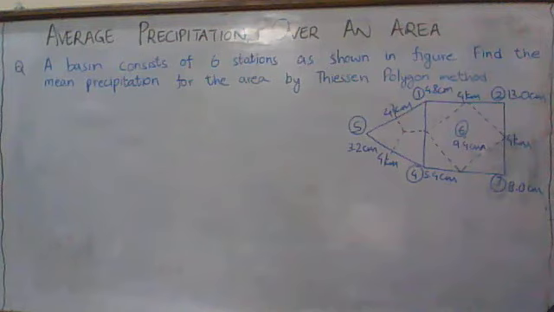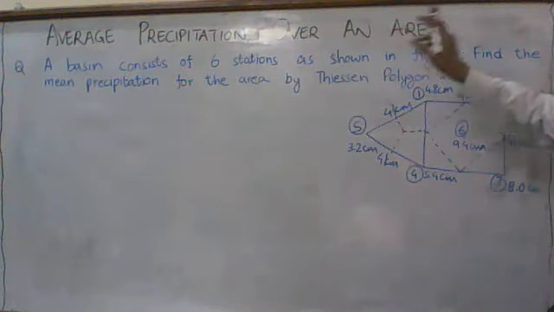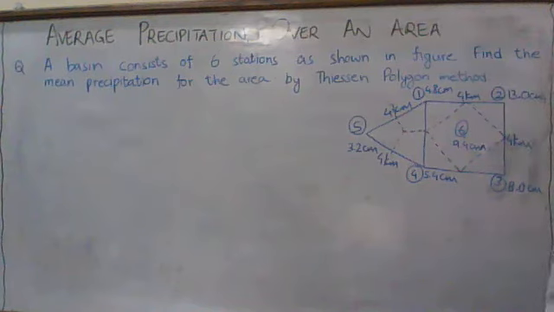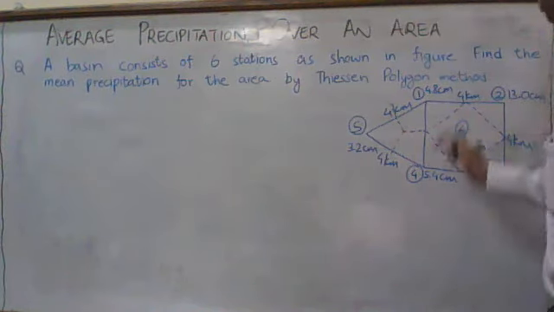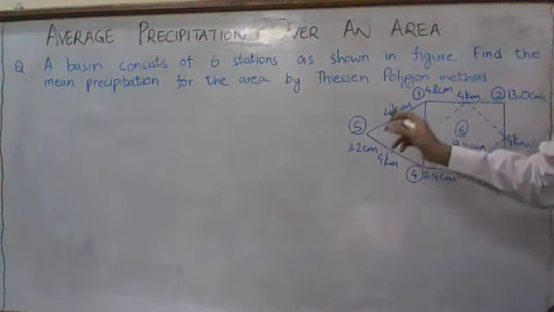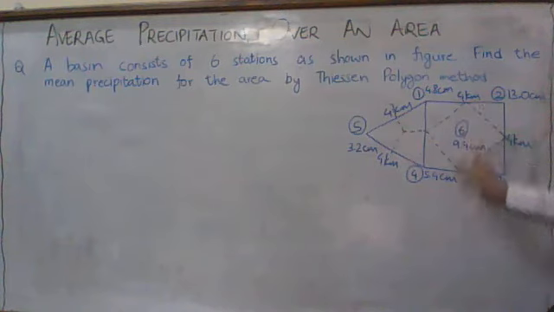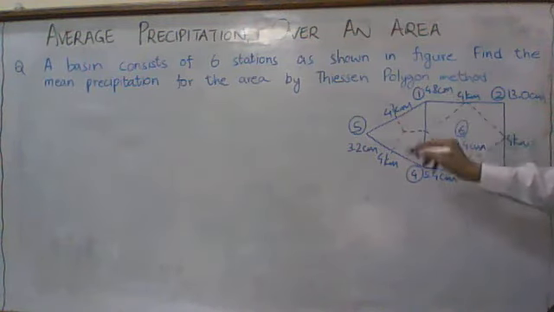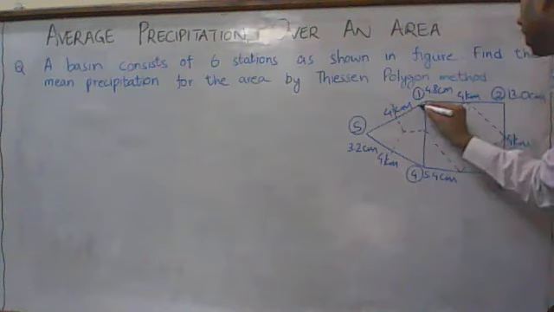Okay, we divided it like this. So we got the influence area for each station, for all the 6 stations. Now from the figure, we divided the surrounding area of each station into polygons. Now this is station 1. So this is the influence area